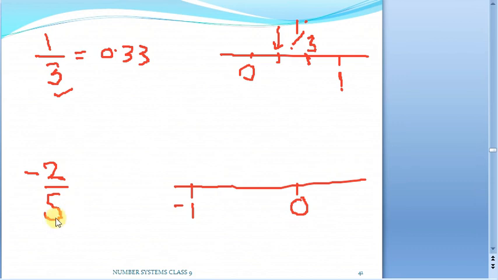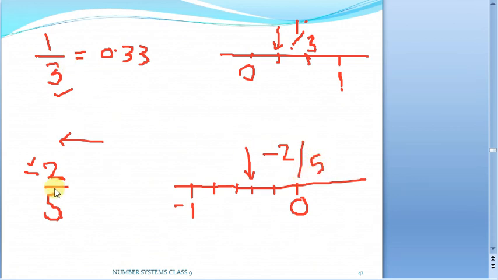So in this region we need 5 divisions, because here the denominator is 5. So I will be making this region between 0 and minus 1 into 5 parts using 4 exactly equally spaced lines. So here 1, 2, 3, 4. Overall this region is divided into 5 parts. After that I need 2. This minus sign will tell us to proceed in the left direction. So here I need only 2. Starting from 0, 1, 2. So this is going to be your minus 2 by 5. This is how we can locate a negative proper fraction or a positive proper fraction on the number line.